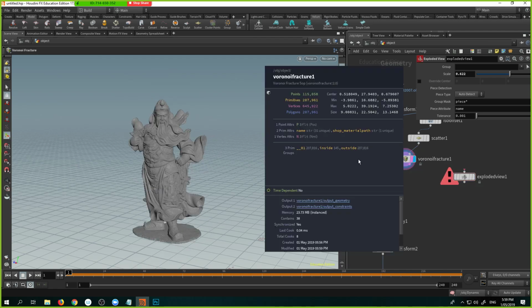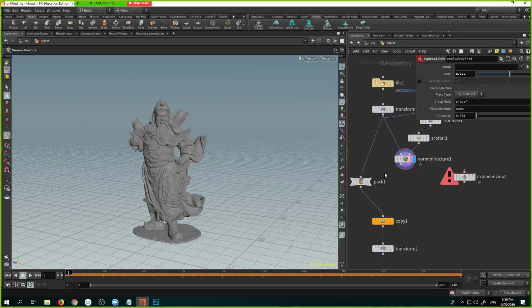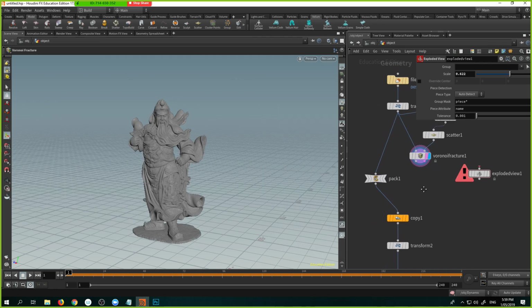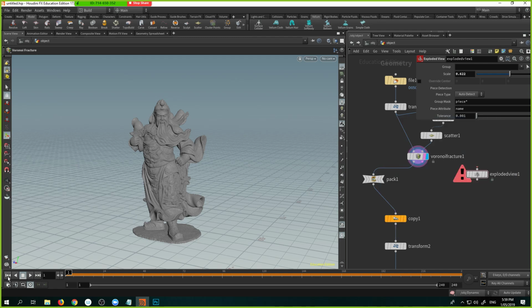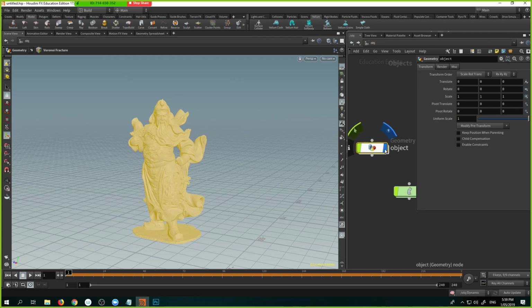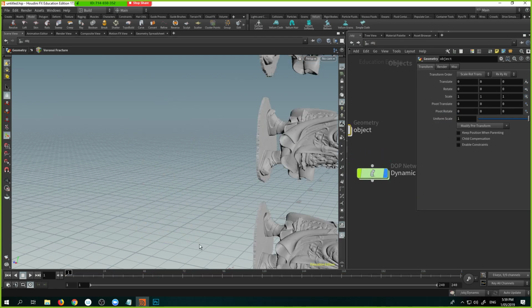So we have 200,000 polygons. I'm gonna pack it before breaking it apart. So you can use a pack geometry. This is what would happen: I pack it, and it turns into one packed geometry. But what would happen is, if I go back to the dynamic,